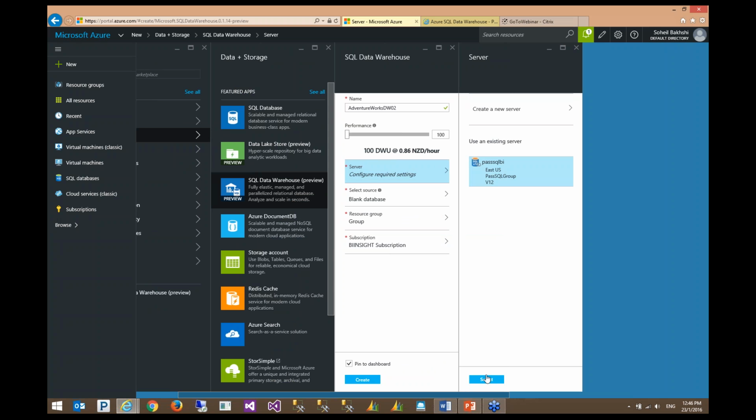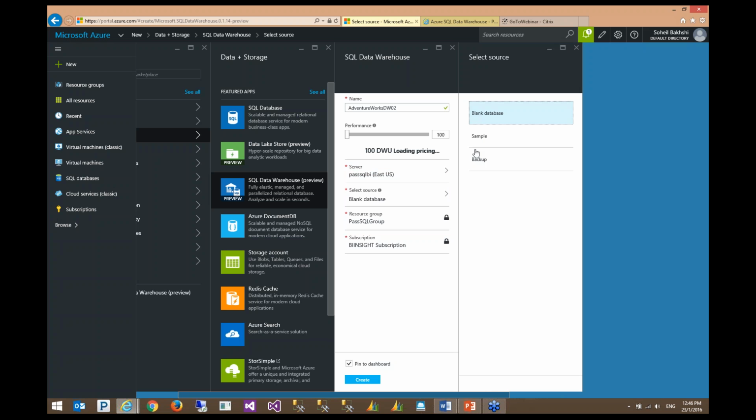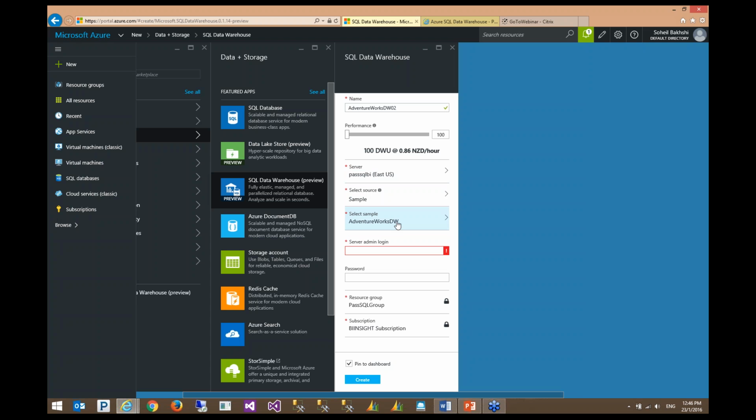and then you can select a sample database, which, as you can see, will be AdventureWorks, and I'm getting a credential login here because I selected an existing instance of SQL Server, and then click Create.